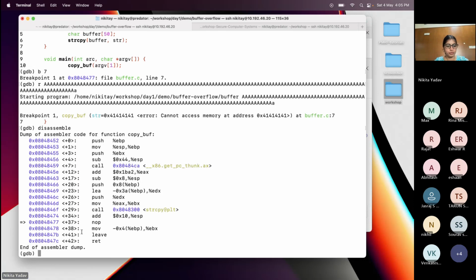Oh, so it's actually not crashed here. Of course, we have run this program. This is the argument, and then we are currently here. Okay,